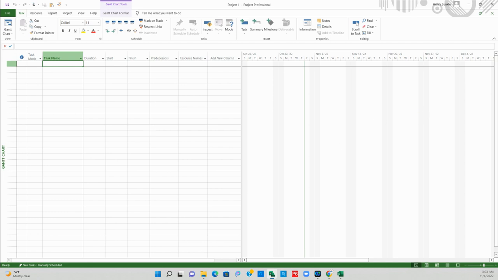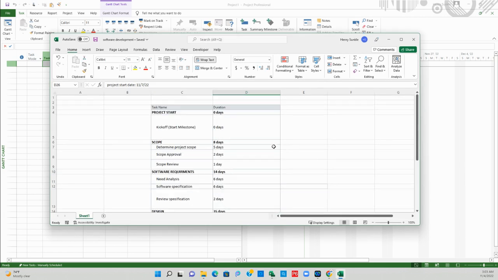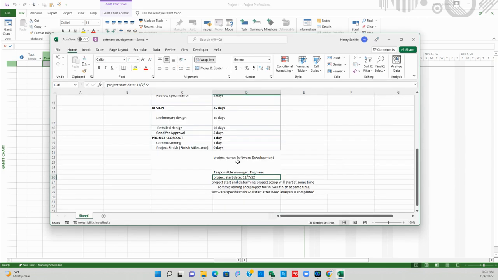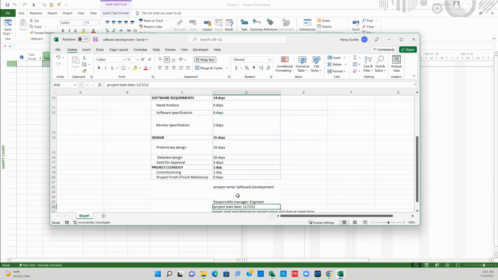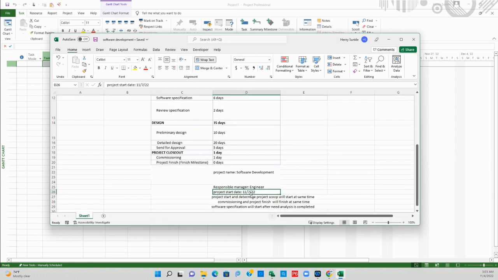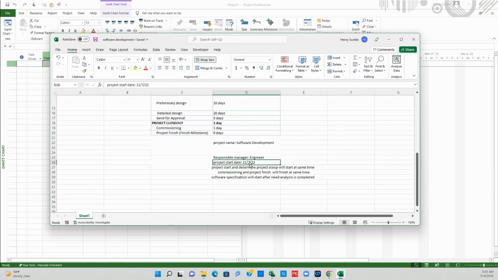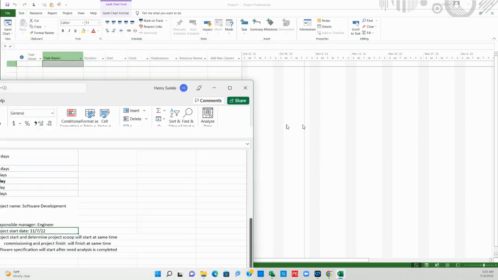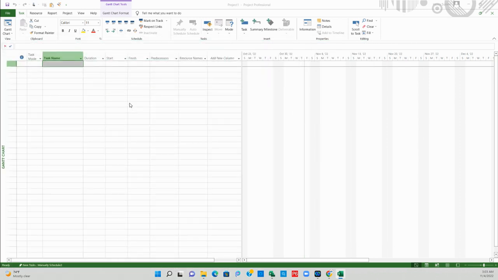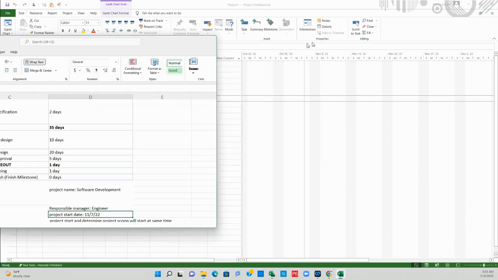And let's assume we have a scope of work and the name of the project is software development, and the project is to start 7th November 2022, for instance. Then we can start adding our project real quick. By doing that, I'll type first